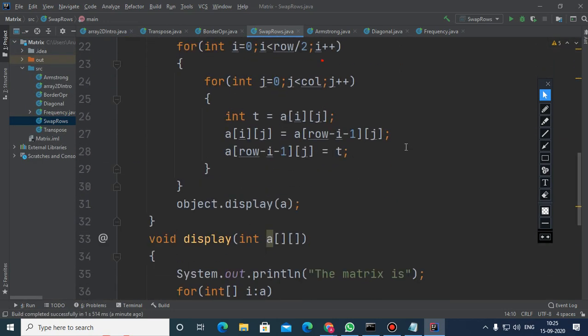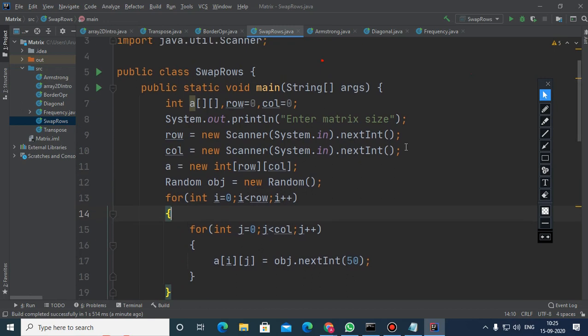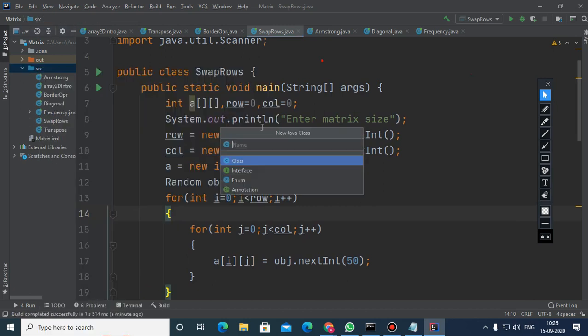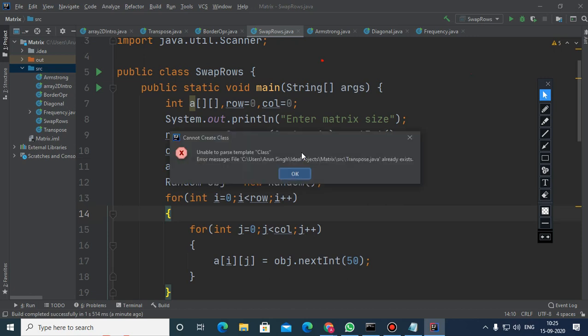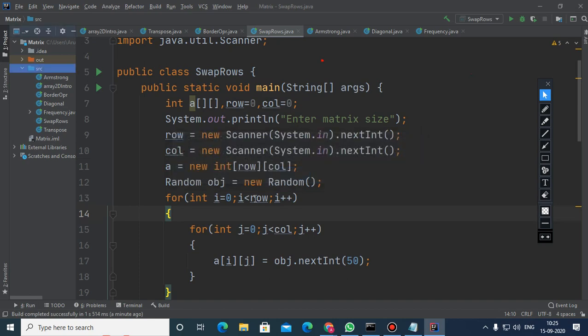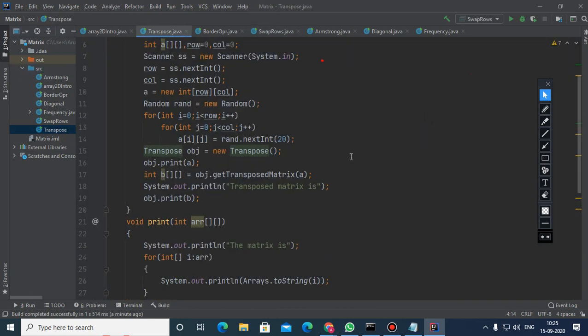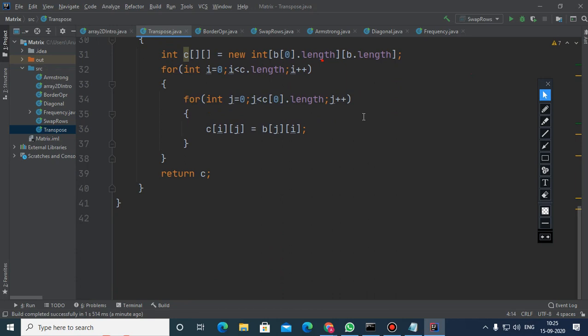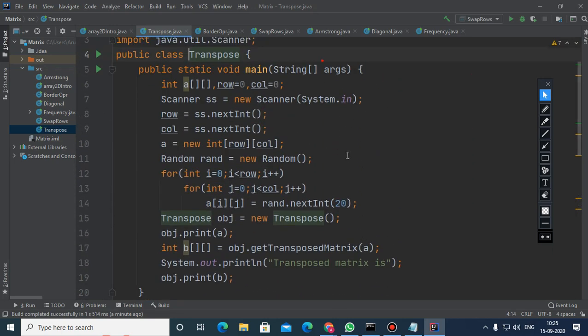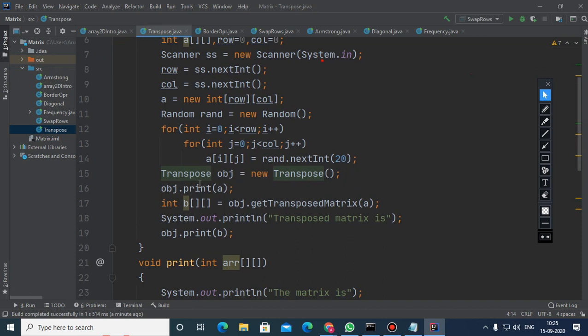Okay. Now we are moving to the second question, which I want to discuss, the traversal method of a matrix. Row wise traversal you all have seen. Now here I hope everybody knows what a matrix transpose is.